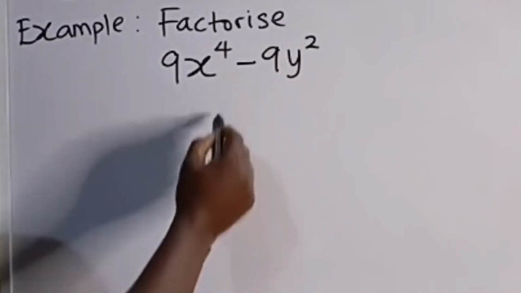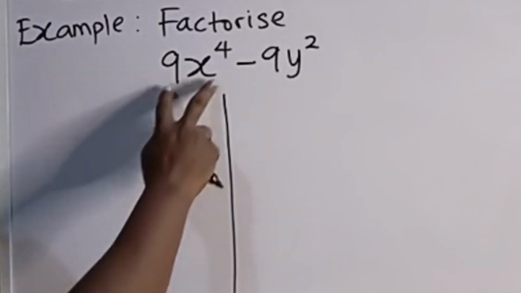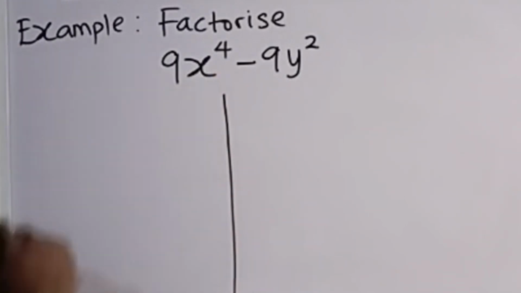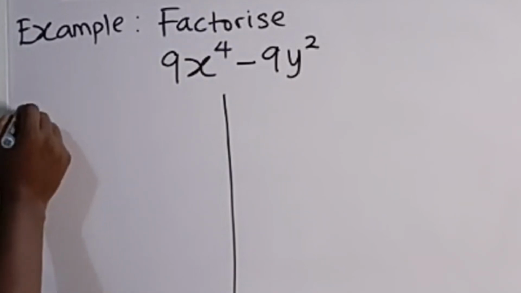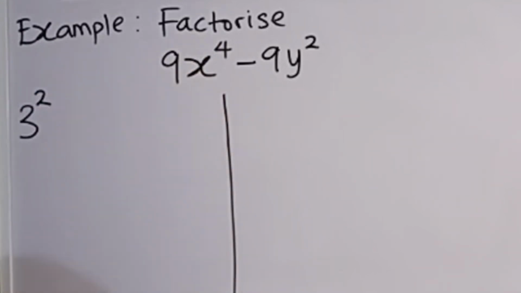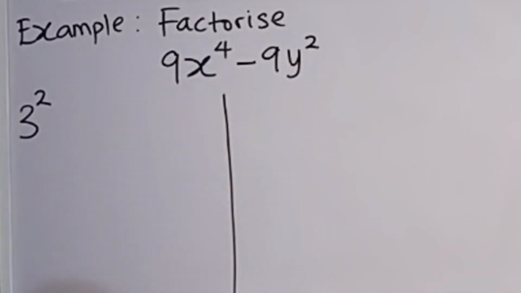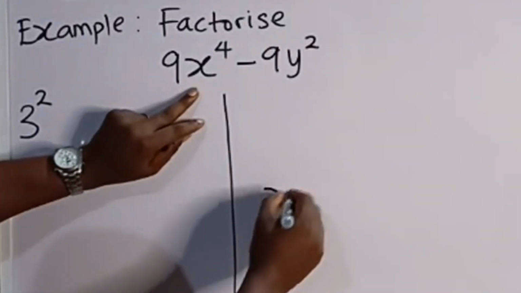I'm going to split the board into 2. So let's look at 9x to the fourth power. 9 is a perfect square, so we can rewrite 9 as 3 squared, right? 9 can be written as 3 squared. So this gives us 3 squared x to the fourth power. Remember, it's difference of 2 squares. So we don't need to have to the fourth power. We need to have to the second power. That's a square. But x to the fourth power is something as x squared